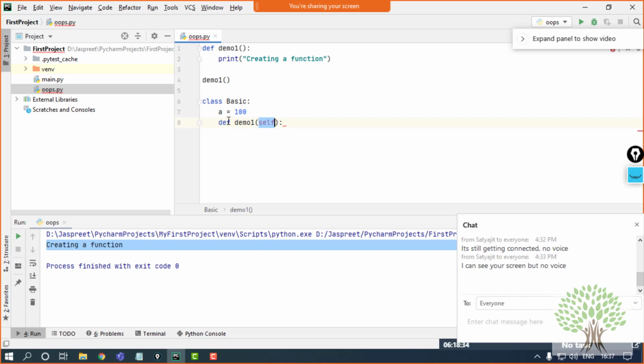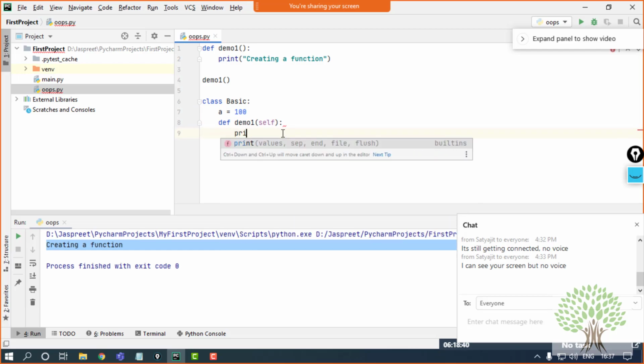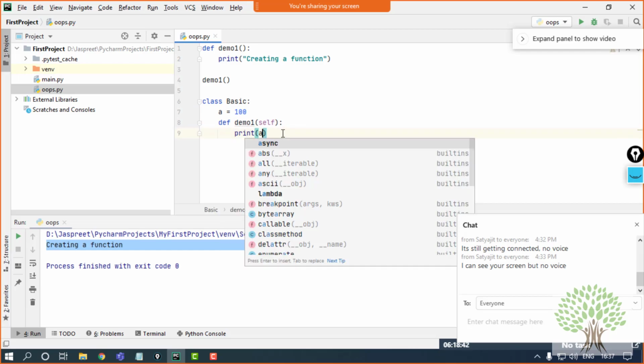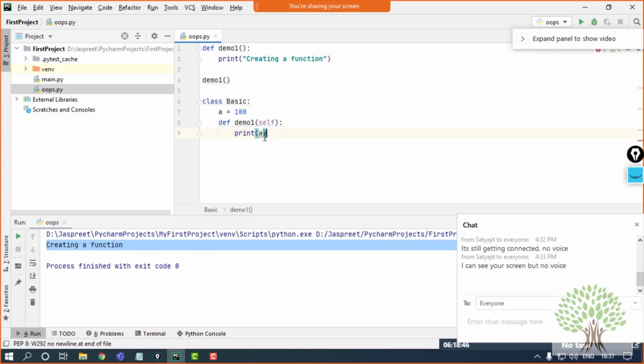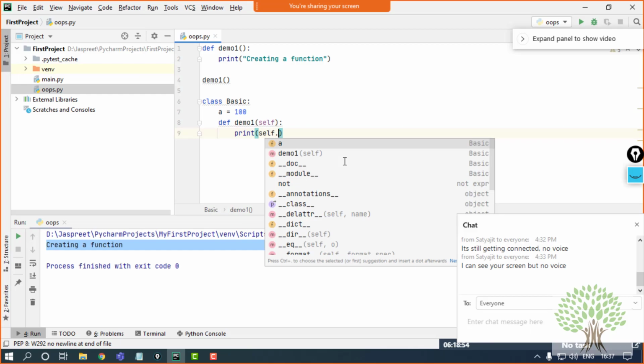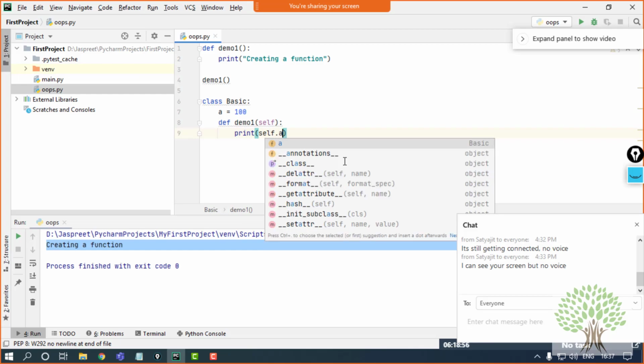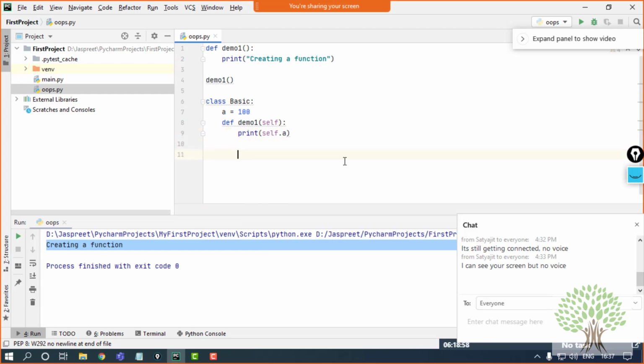Without this self keyword, you will not be able to access the outside members of the function. Fine, if I try to print simply A, it's going to give me an error that A is not defined because it's a class member, it's not a function member. So I have to use the self keyword, self.A.